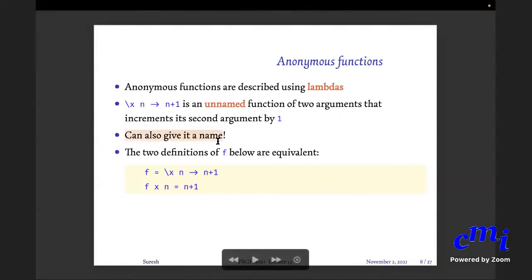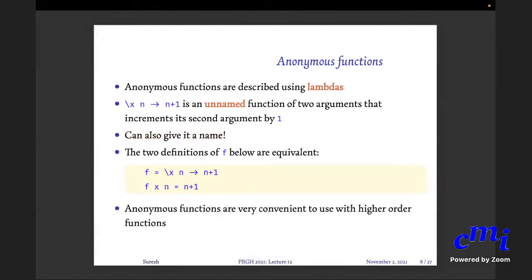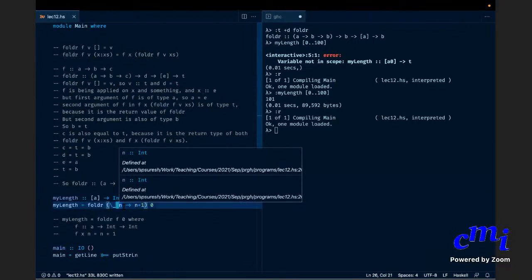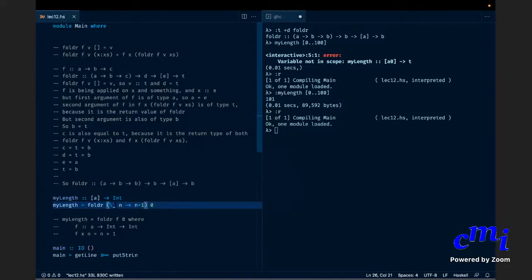So why was the underscore before lambda? The underscore is to say that you can ignore x. X is not being used. Whenever something is not being used, you can give the underscore pattern. You can give any pattern here in the arguments. They need not just be names. They can be any patterns. And underscore is one particular pattern which says anything goes. It matches anything, but also it signifies that the first argument is not used in the body.